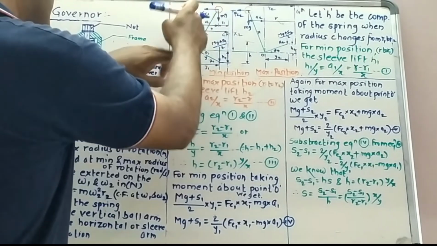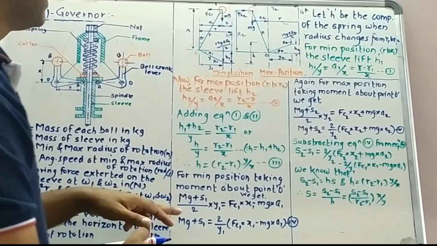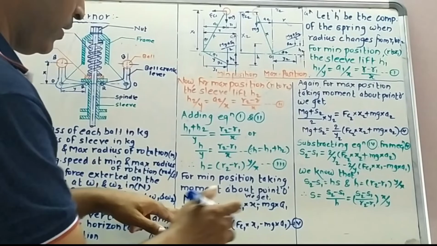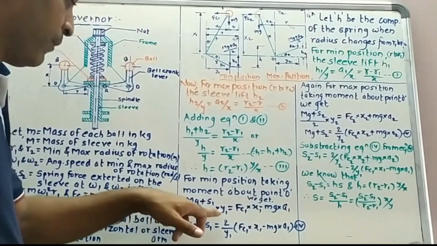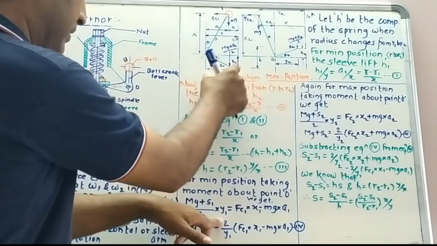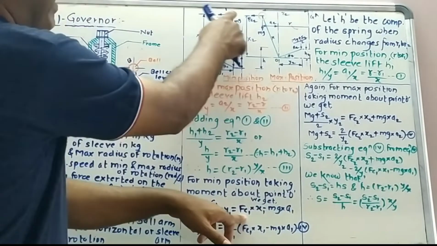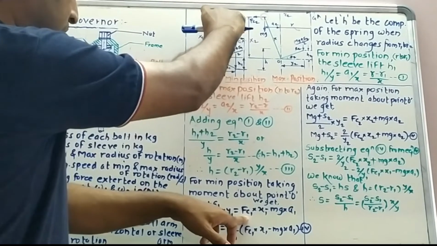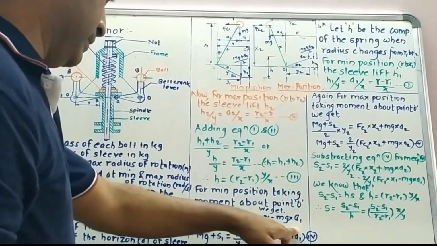This one turns in the anti-clockwise direction. So by considering the rotation direction, you can write (mg plus s1) by 2 multiplied by this distance y1 equals FC1